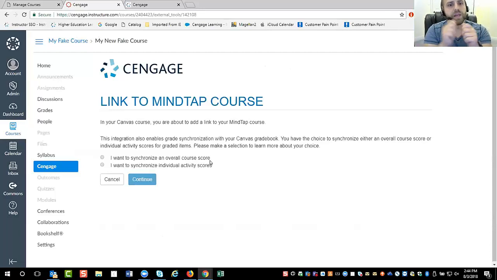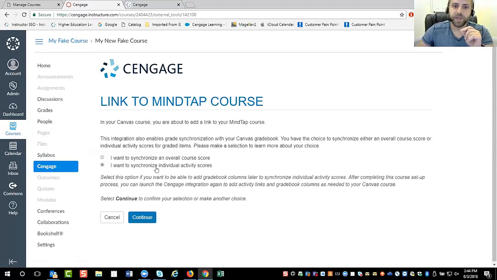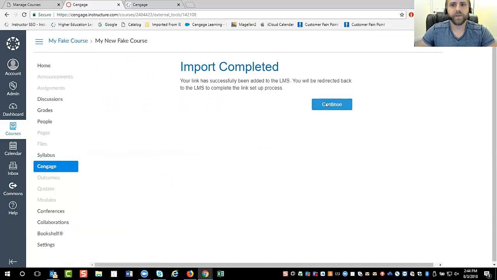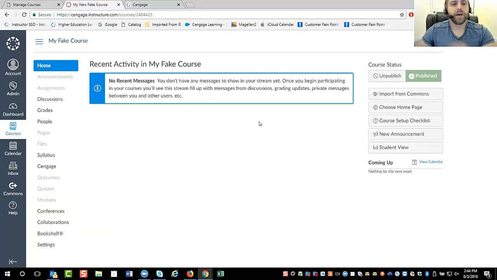We can choose if we want one column, an overall point value column, to come in from Mindtap in terms of the grade center, the grades within Canvas, or if we want more individualized columns for each and every activity that we might want to come in from Mindtap to Canvas. In this case, I'm going to do individual activity scores because I like to view my students' work column by column to see what they're turning in. I'm going to click the blue continue button, click continue again, and that will establish my first top level link